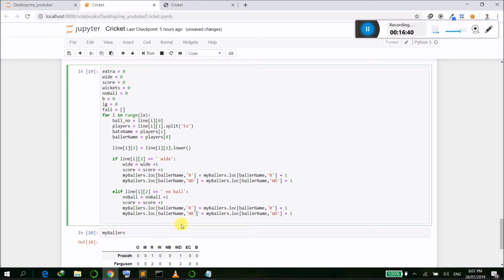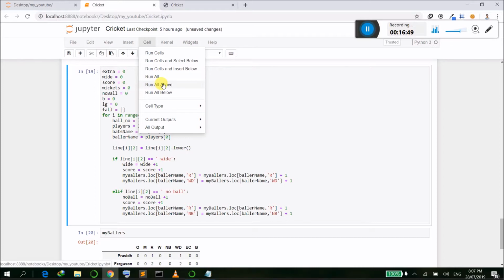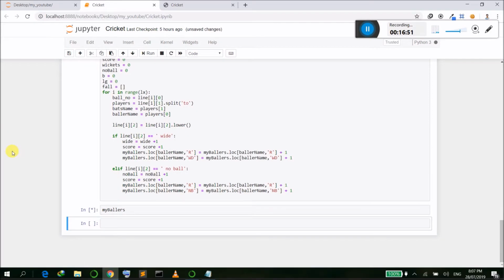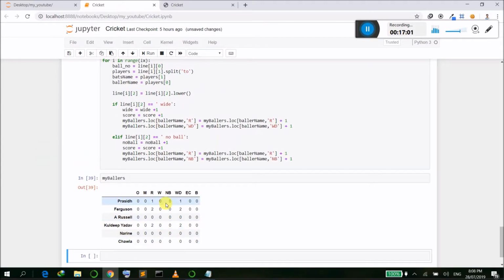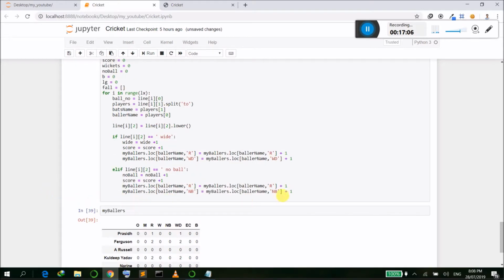So NB. Okay, so let's just run this whole thing. So we will see that for no ball none of the bowlers have bowled no balls. Okay,